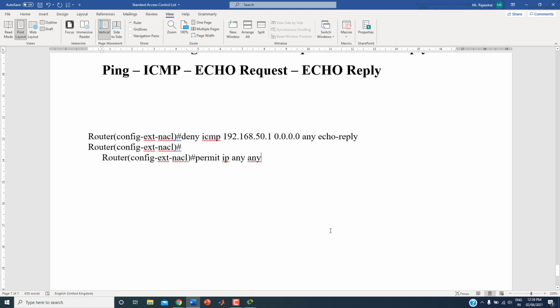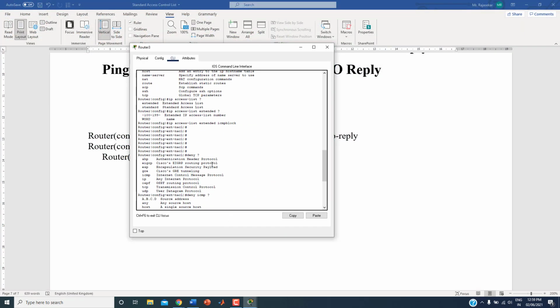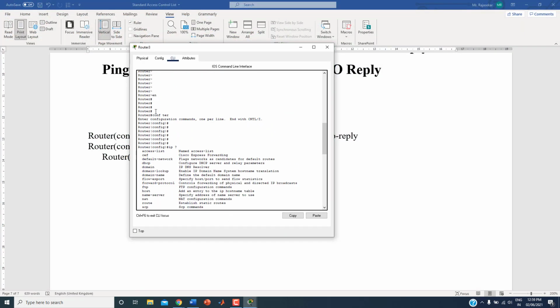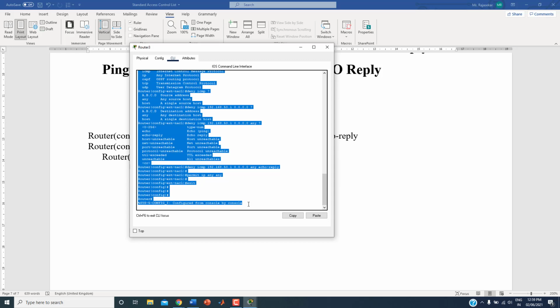See, this is the access control list we created. Deny ICMP 192.168.50.1. If you want, I will copy the complete names also. How we created everything should be available here. I will arrange all these things later.